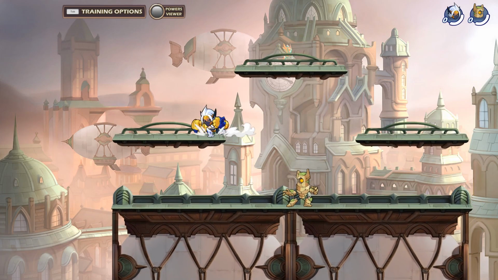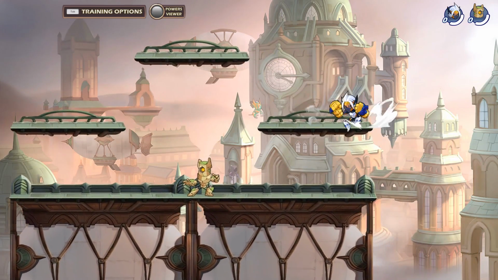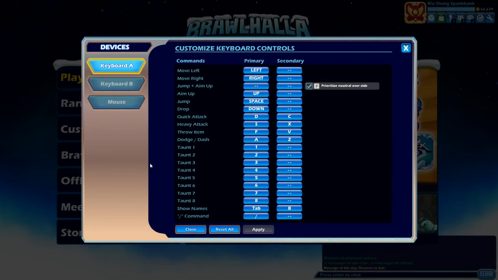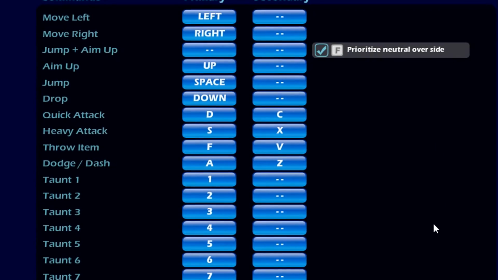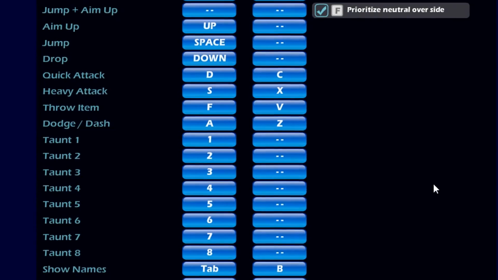As a disclaimer, I'll say that this guide is aimed at keyboard users, but if you're a controller user, try to mirror the tips I give here on your own device. I'll go over this kind of briefly because some people want to know my controls. These are my keybinds. I'm left-handed and that's why I move with the arrow keys. I have aim up bound to up, jump bound to spacebar, and ASDF is for dodge, heavy, light, and throw